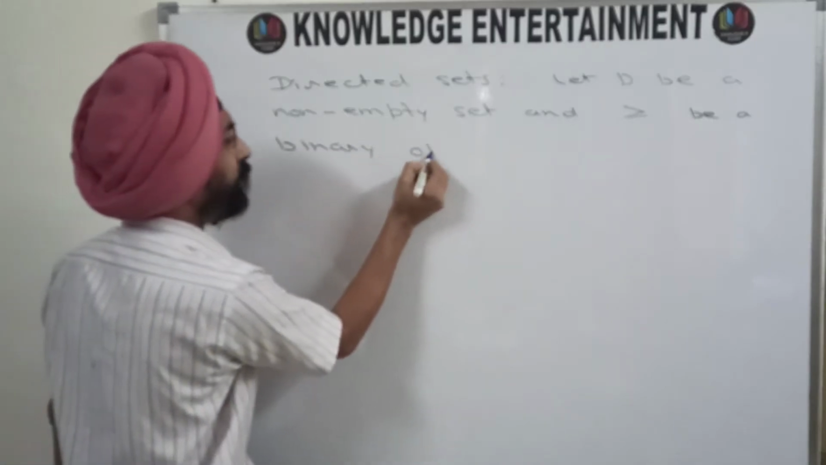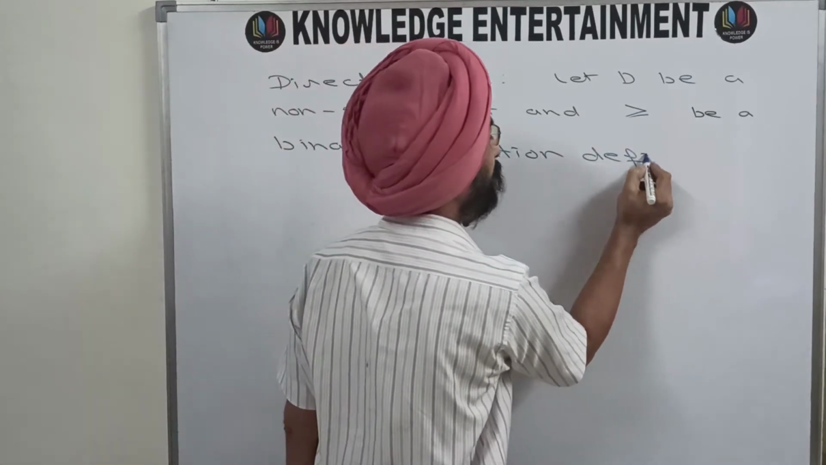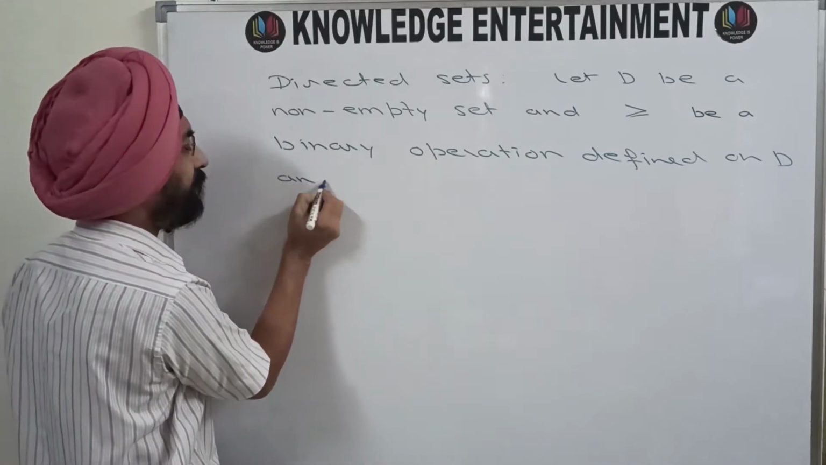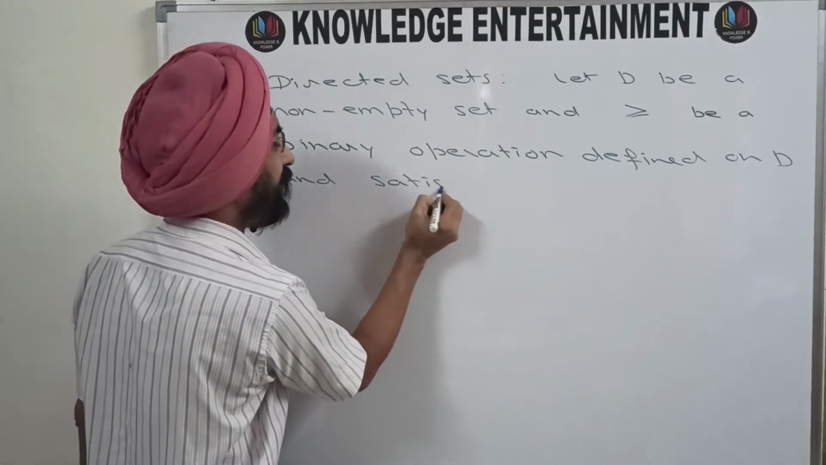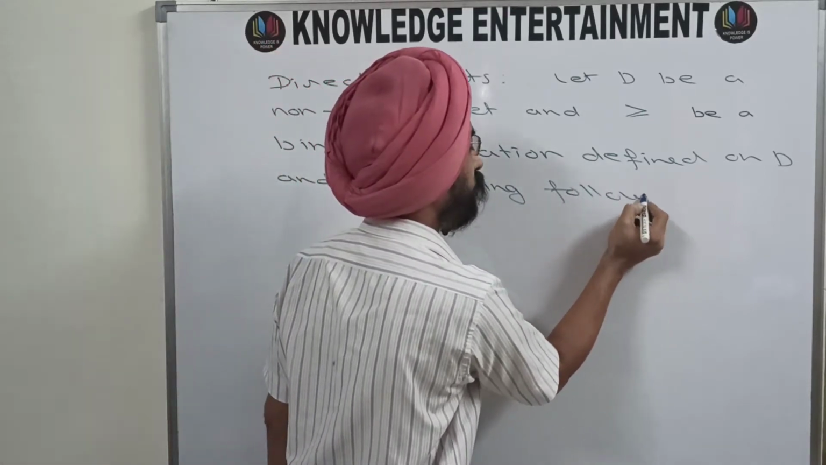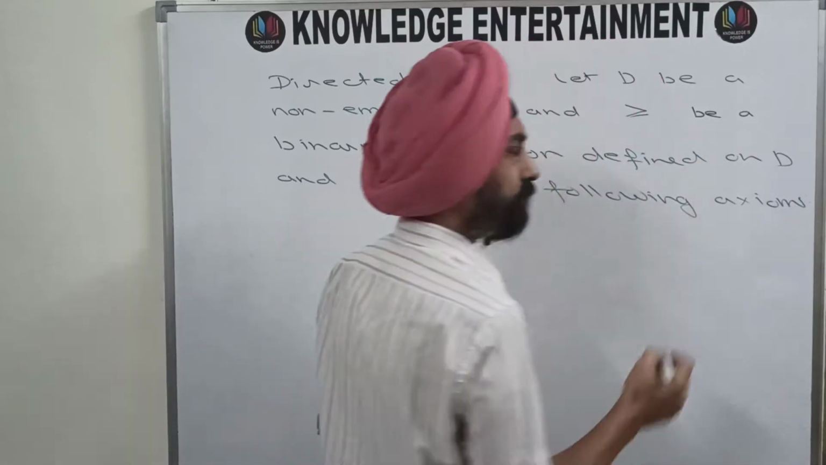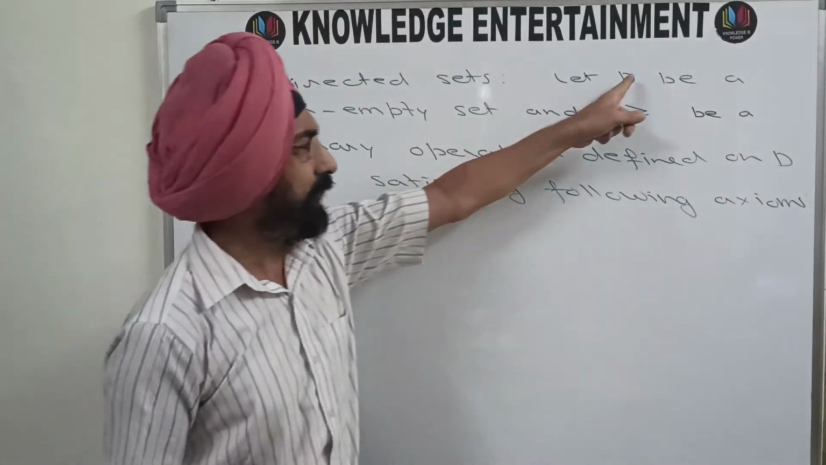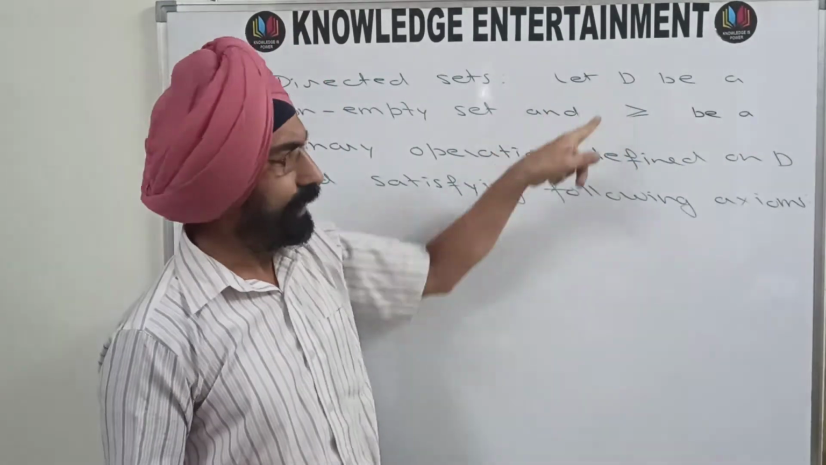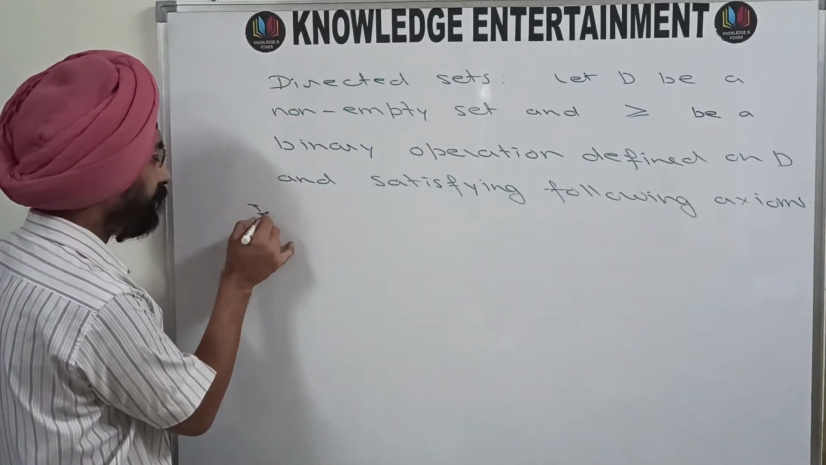defined on D and satisfying the following axioms. So what are these axioms that will make this set D together with this binary operation greater than or equal to a directed set? These are: number 1,